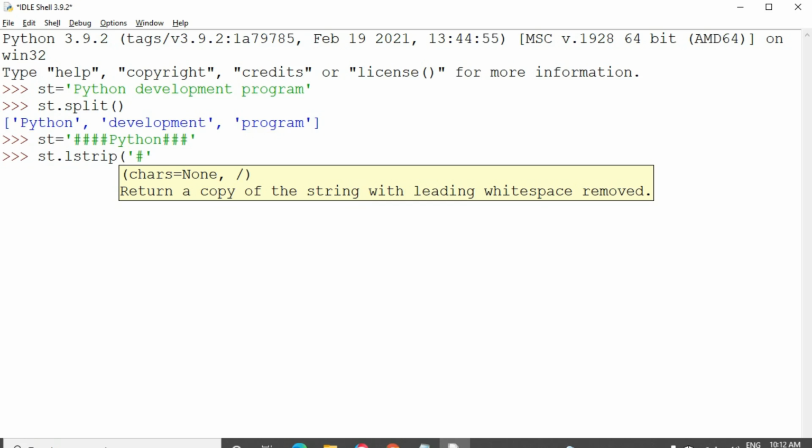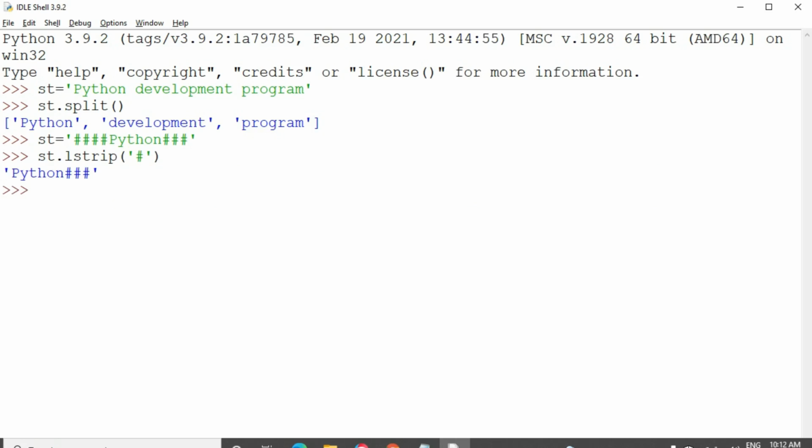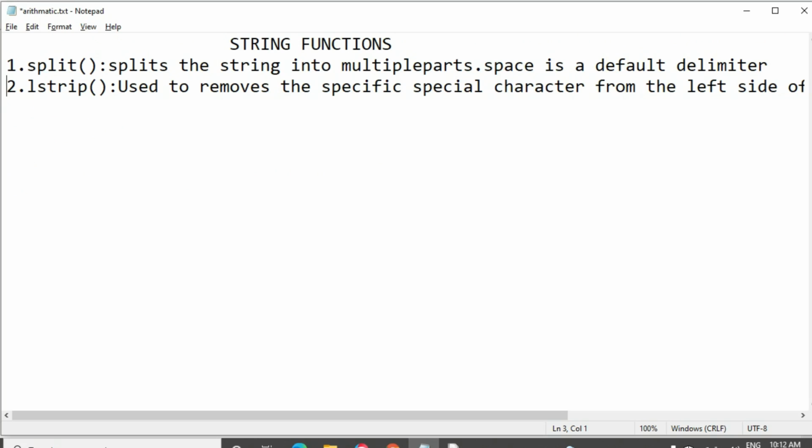The symbol we want to remove should be given inside the brackets. Okay, see, all the hash symbols have been removed. The 4 hash symbols present on the left side of the string have been removed.